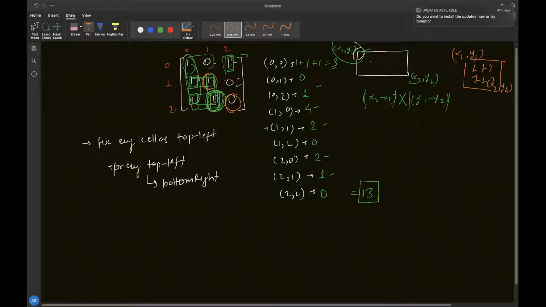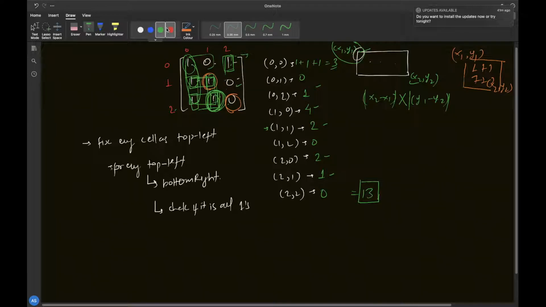So for every top left, once you have fixed the bottom right, you need to check if it is all ones, and only then you can add it to your count, right? So let's now see the complexity involved with this.